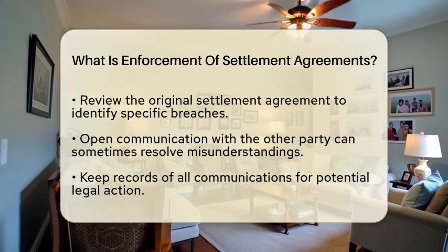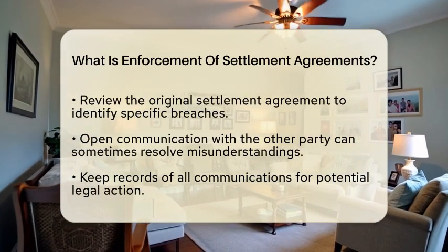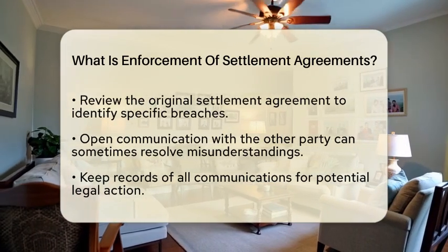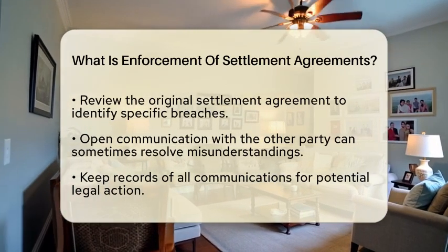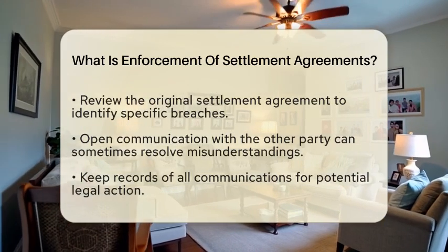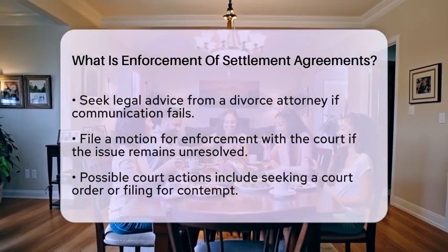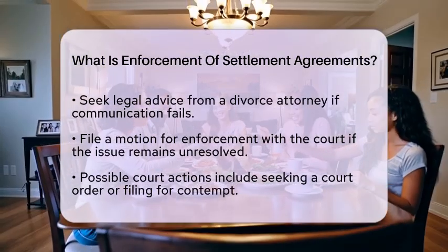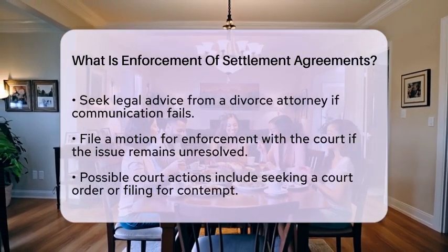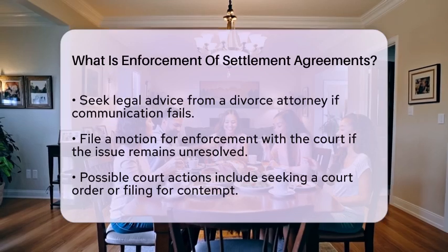Next, consider opening a line of communication with the other party. Sometimes, misunderstandings can be resolved through direct conversation. Keeping a record of all communications is advisable, as this can be useful later if legal action is needed. If communication does not resolve the issue, seeking legal advice is the next step. Consulting with a divorce attorney can provide guidance on the legal options available based on the specifics of the breach